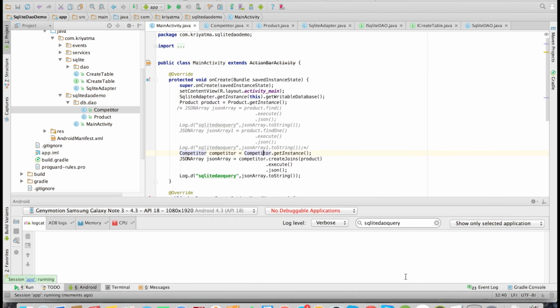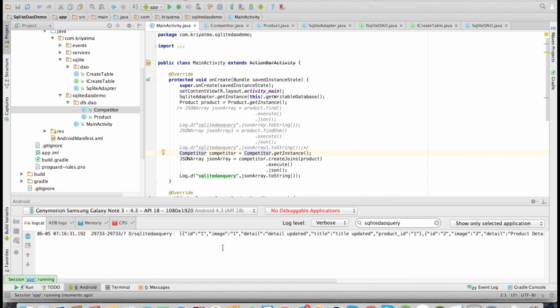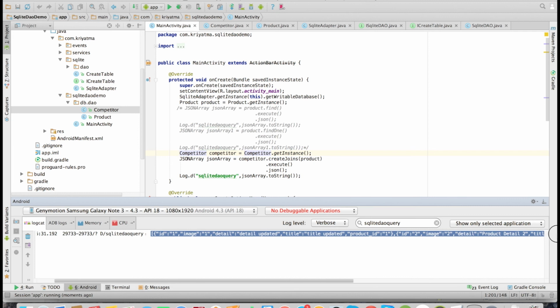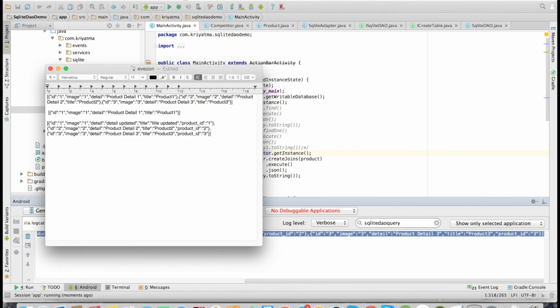Okay. Yes, the result has come. So as you can see, we have received the join result back. So this is how we can do the joins with our library. It is so easy, right?